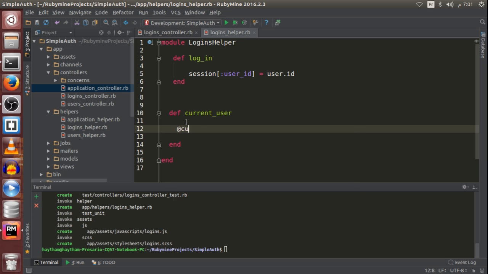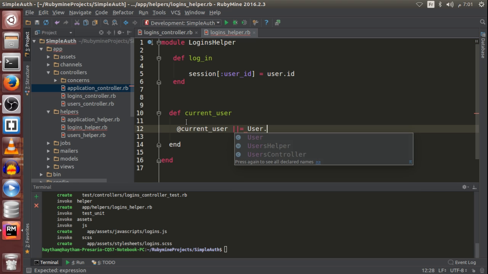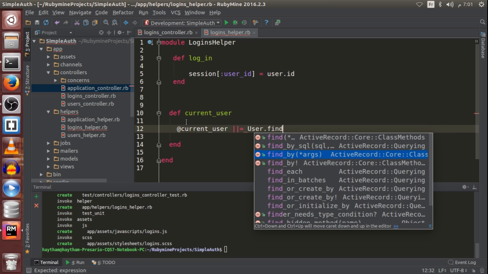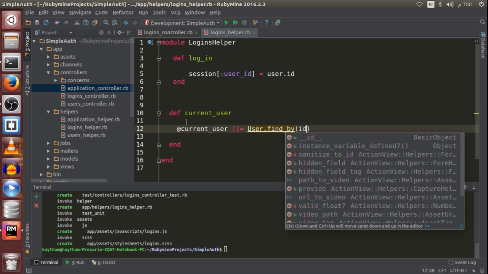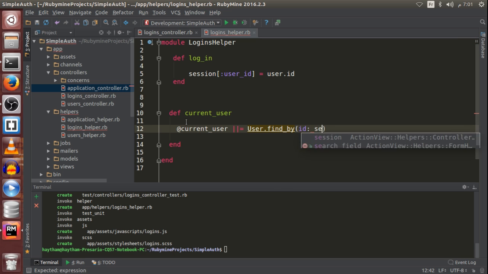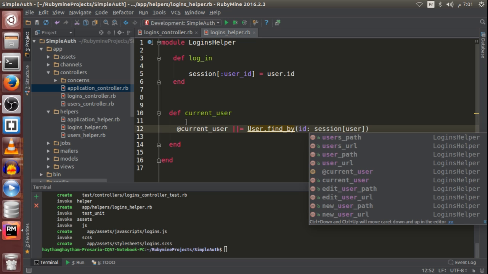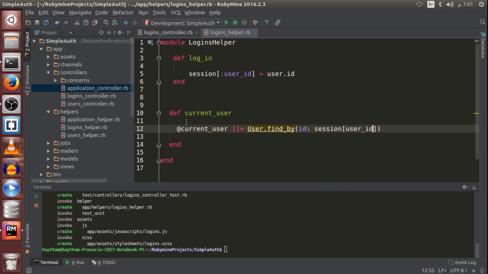So I'm going to create an instance variable. User dot find by, okay, so find by session user ID. Okay, so using that,